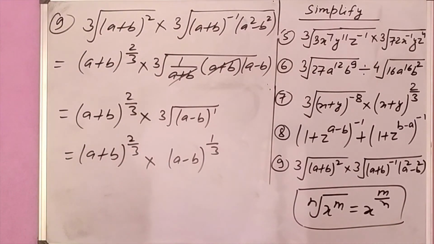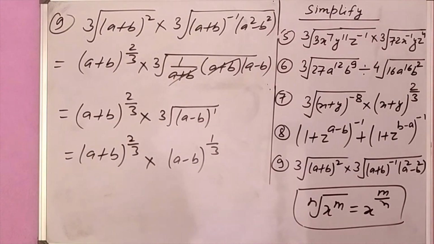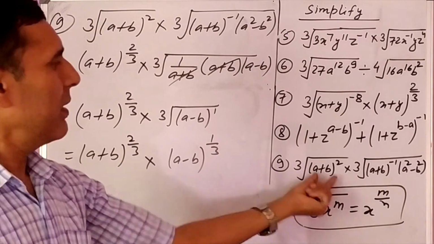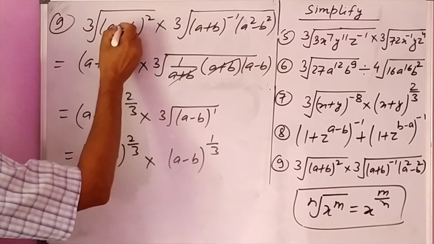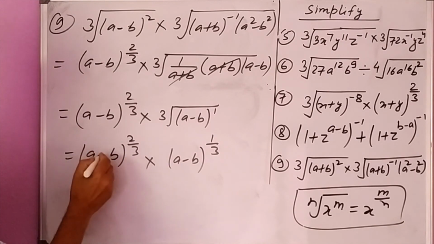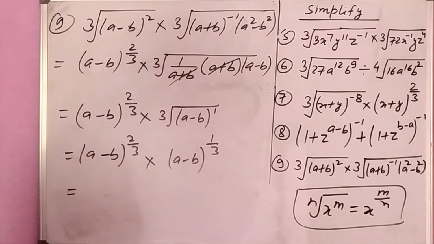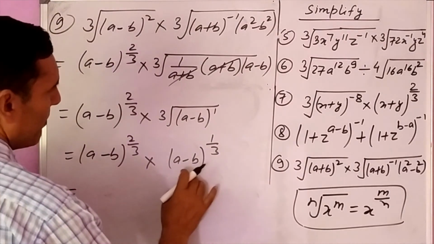As we have different bases here, we have a plus b, here we have a minus b. So we cannot do anything here. But instead of this, if we had a minus b whole square in the first root, just to understand, we would have a minus b here and also a minus b there. If it was like this, it would be the same base, a minus b, and for this, a minus b to the power 2 by 3 into a minus b to the power 1 by 3,